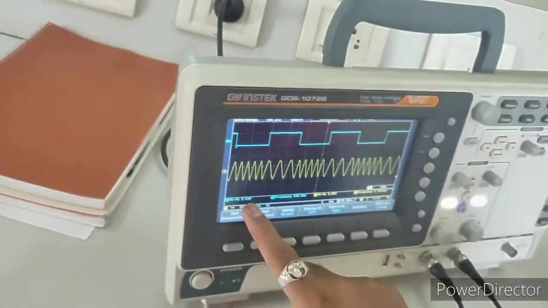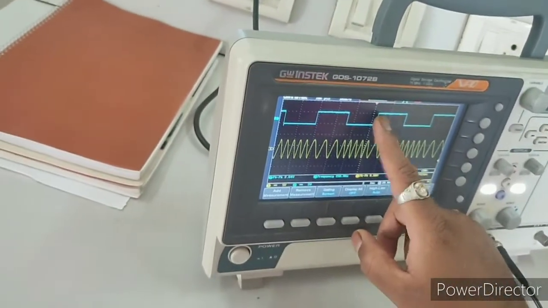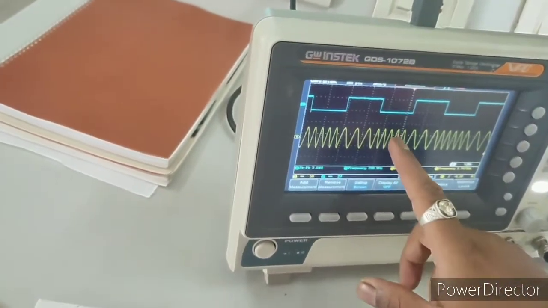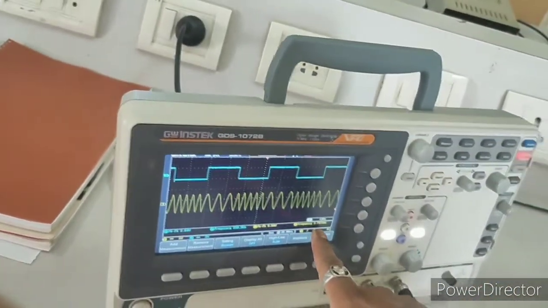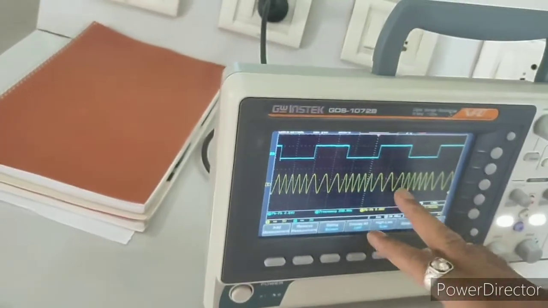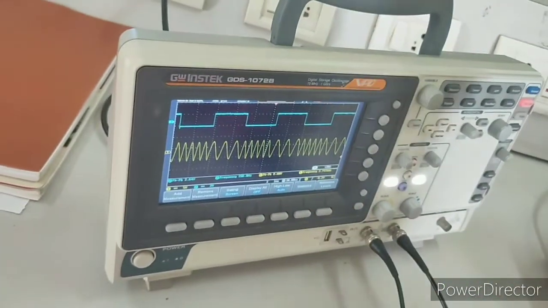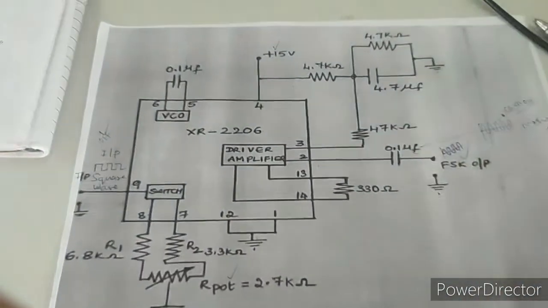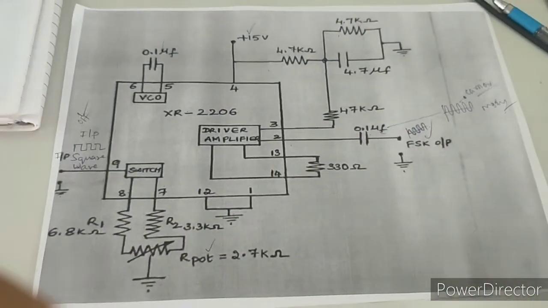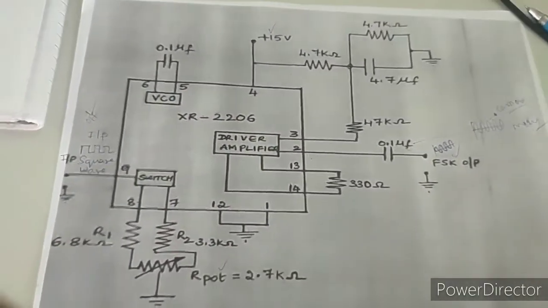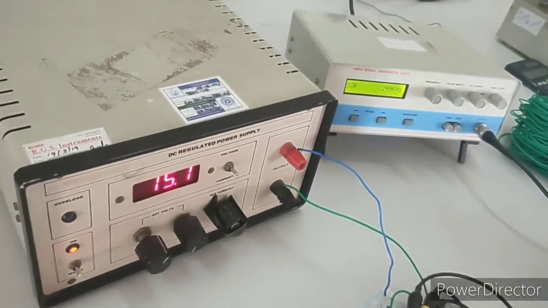Peak to peak is 2.64 volts, the amplitude of the square wave that we applied, and the frequency is 298 hertz. The peak to peak of the FSK signal is 8.8 volts and the frequency is 2.74 kilohertz. What you are getting is 2.274 kilohertz. So this is FSK and this is the message signal, and this is the circuit diagram. Just go through it once again. And it is the frequency of the square wave that you applied on the FG.